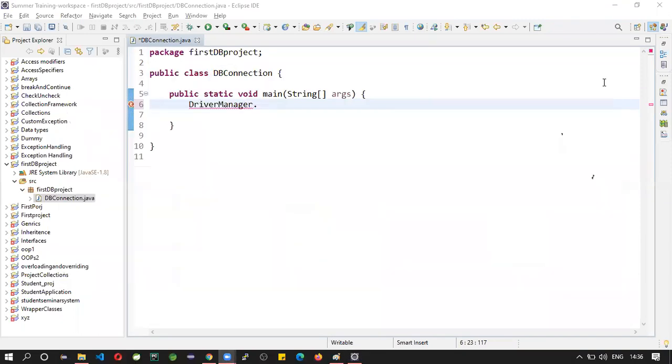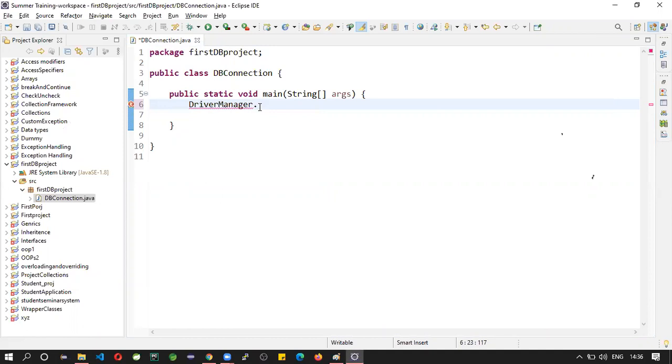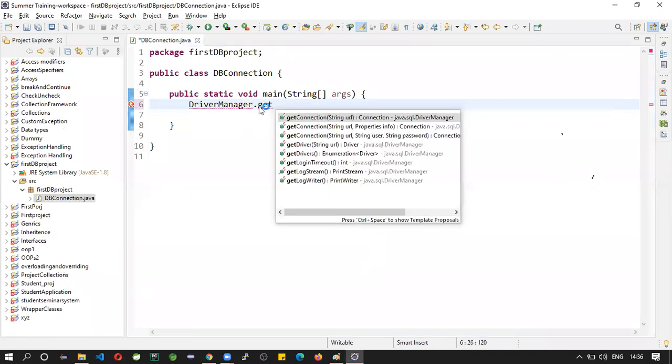How can you say that it is a class? Without any question, see the first letter. This is capital, right? So that's it. You can say that this is the class. So getConnection is the method used to establish the connection.